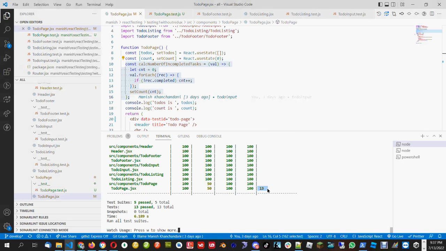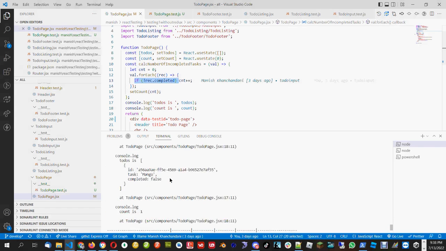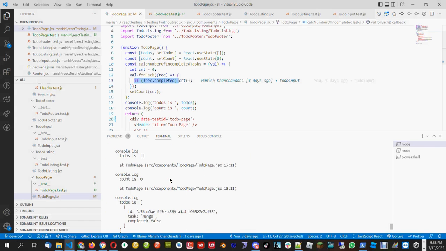Let's try to see line number 13. So it's saying line number 13 is not yet tested properly. So what is line number 13? It is saying that it goes to the value, and if record.completed is not there, it adds the count. So generally we need to check both the conditions, if record.completed is passed or not passed. So right now, if you see, my to-do is having